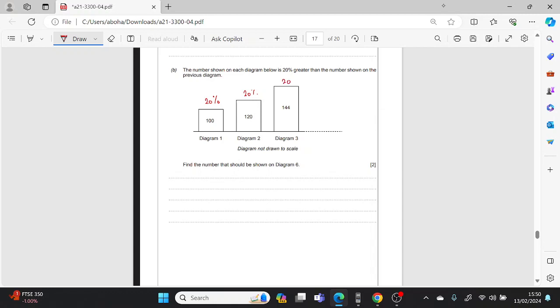So you're now going to do 20% of 144. Well, 10% is 14.4. Two of them. I know you've got your calculators to use, guys. Okay, so that's fine. Which is 28.8. Then added to